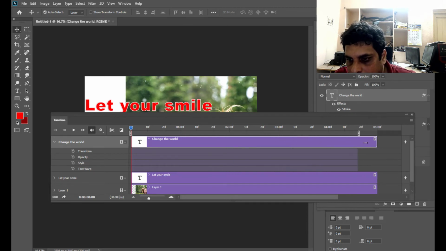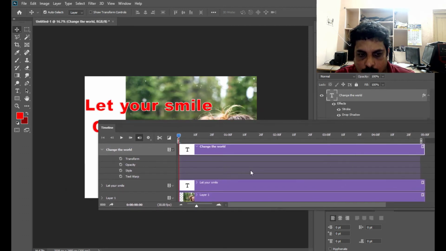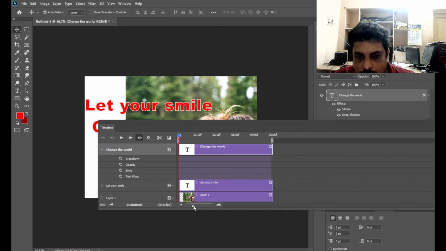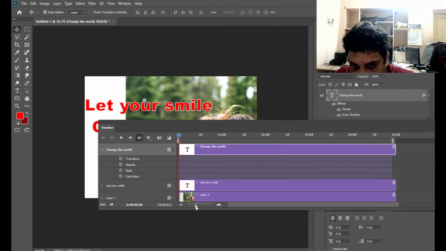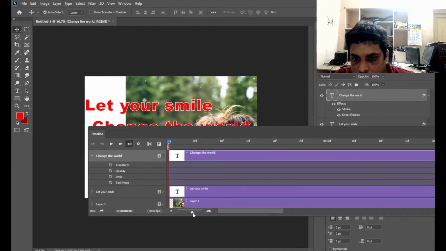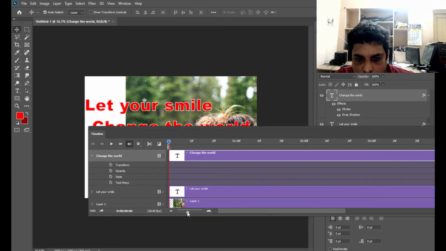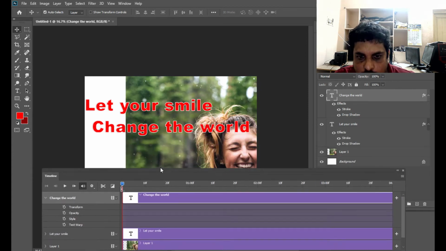The next thing is, you can increase or decrease the slider and check the animation in frames or in seconds. Now you can see in frames, and now I can see in seconds. So let's keep it at the middle. Now the next step is,